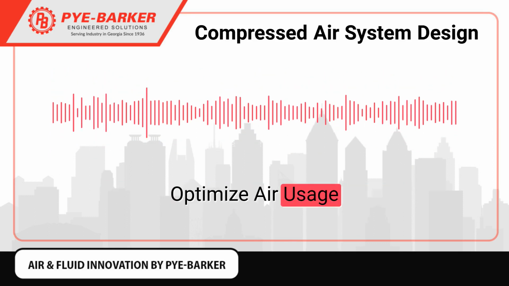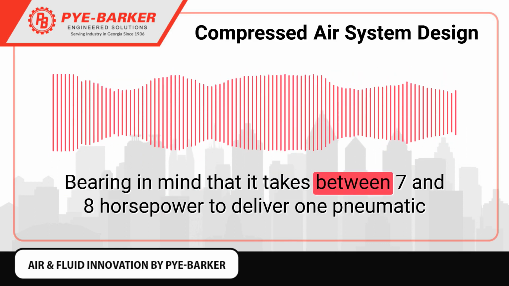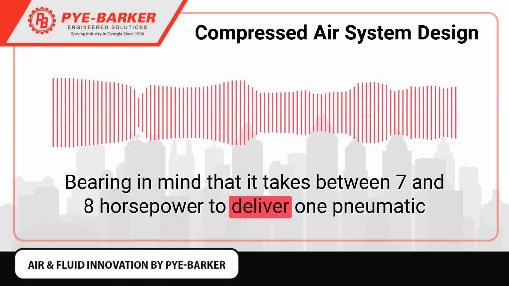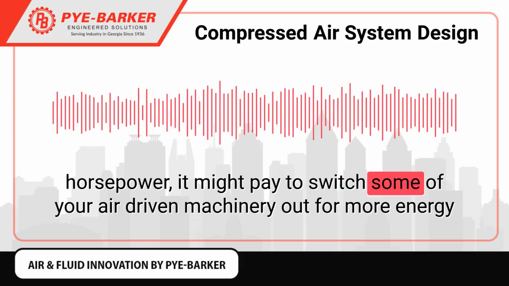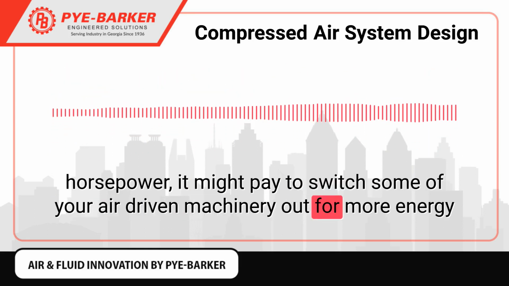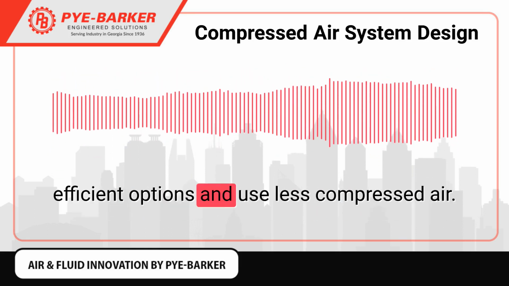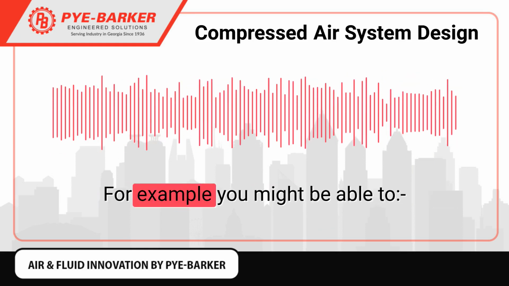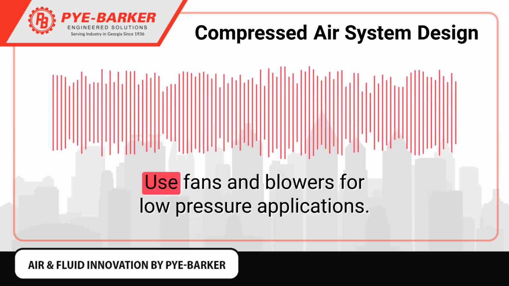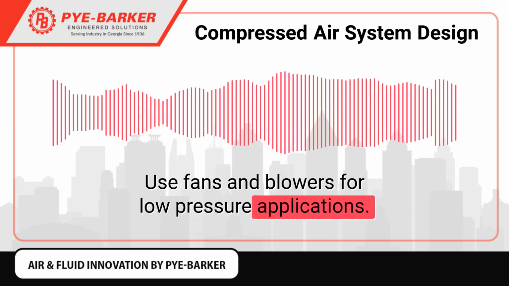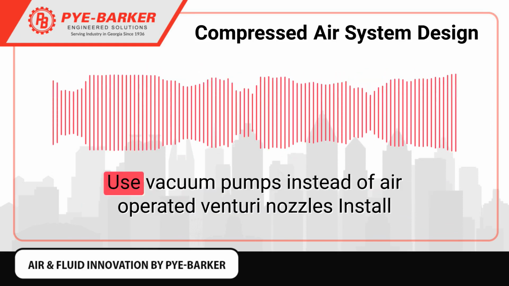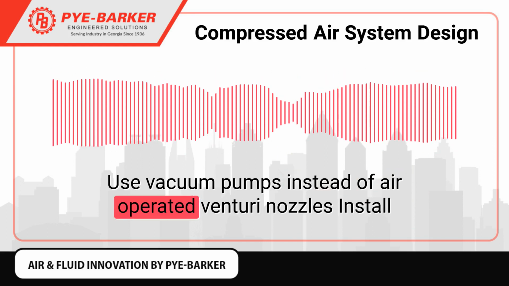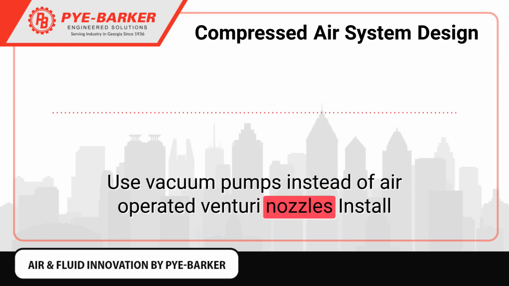Optimize air usage, bearing in mind that it takes between 7 and 8 horsepower to deliver 1 pneumatic horsepower. It might pay to switch some of your air-driven machinery out for more energy-efficient options and use less compressed air. For example, you might be able to use fans and blowers for low-pressure applications, replace air motors with electric motors, use vacuum pumps instead of air-operated venturi nozzles,